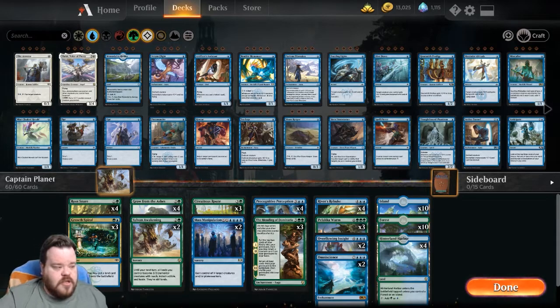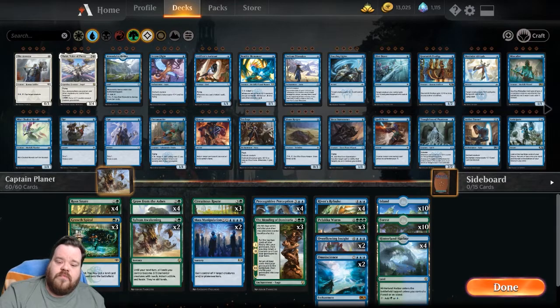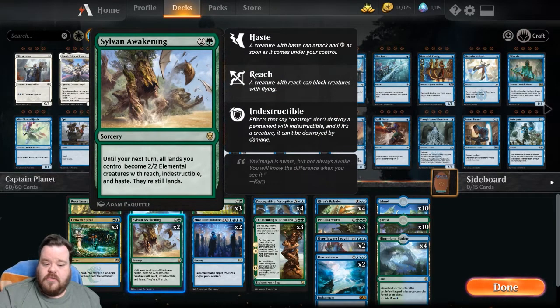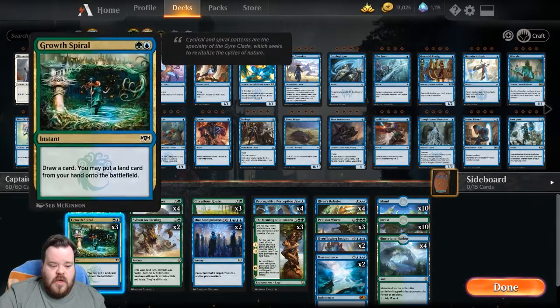Bolt the Bird. So today we're going to be playing what I think is a really fun deck. It's not exactly an alternate win condition, because you're still beating them with creatures, but it is sort of an alternate way to play creatures. The card that it basically revolves around is Sylvan Awakening. The idea is, until your next turn, all lands you control become 2/2 elemental creatures with reach, indestructible, and haste. They're still lands. So the idea is, in the early game, you just want to Growth